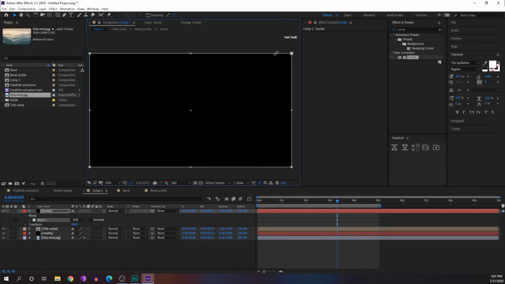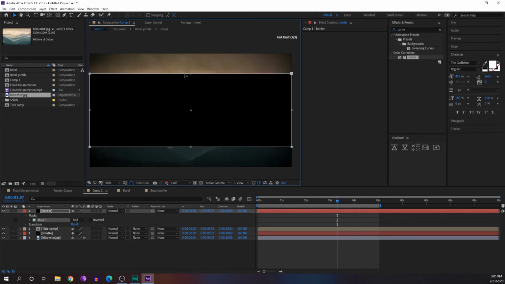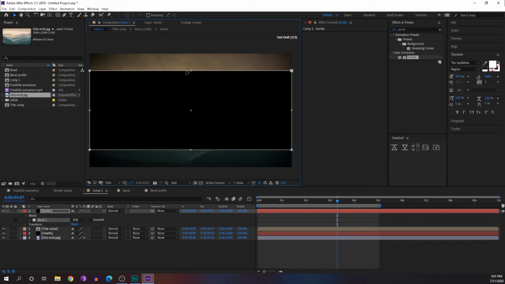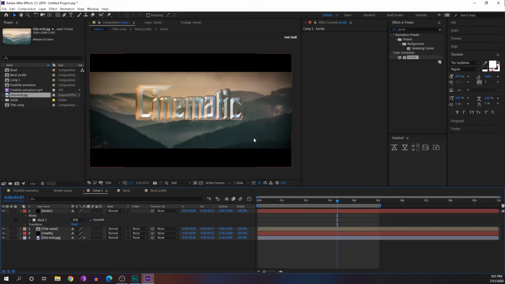If I press Ctrl, I'll be able to scale up and down together in a uniform way. After that, we can just invert it, so we'll have a border.